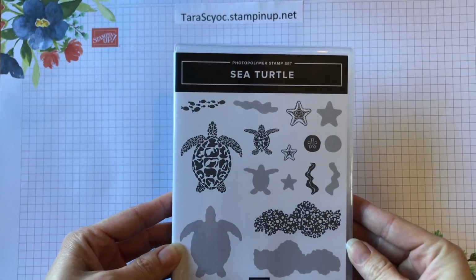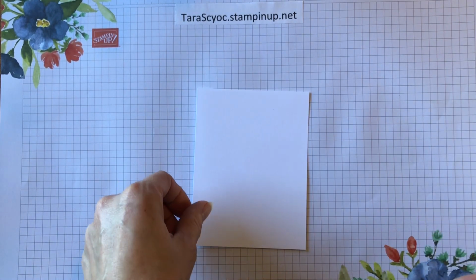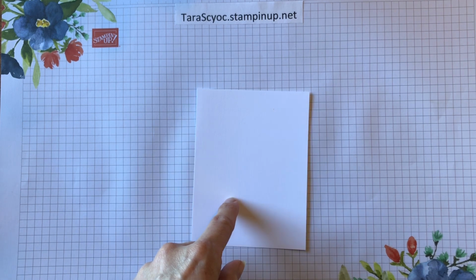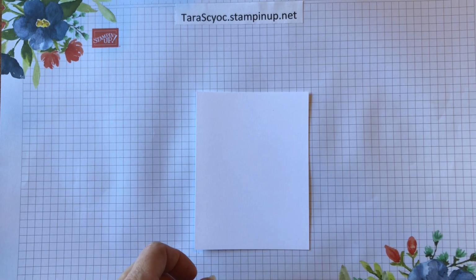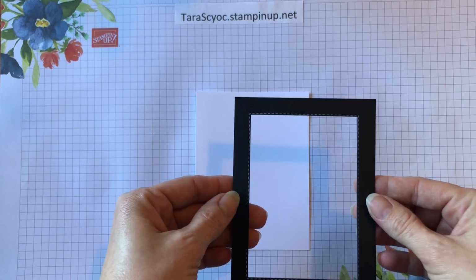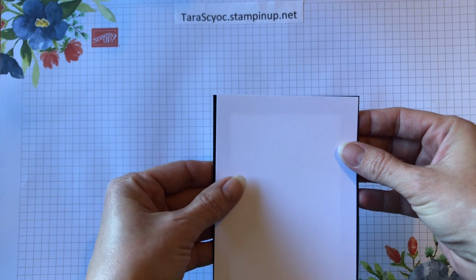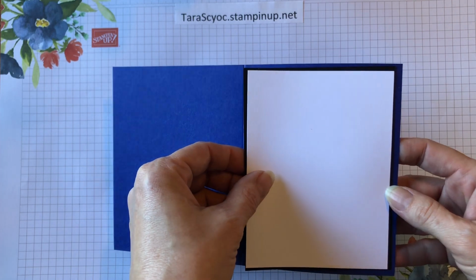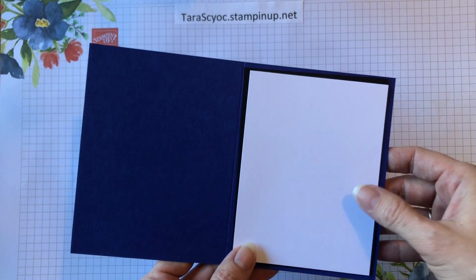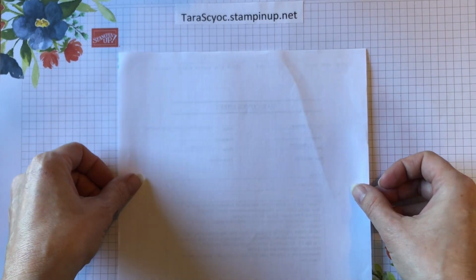Okay, so we're using the stamp set here, Sea Turtle, and we'll get started. This is a piece of 3 7/8 by 5 1/8 basic white, and then we also have a piece of 4 by 5 1/4 basic black. I've cut a hole out of it because we are going to mount it on here and then put it on our card base, so you're not going to see that hole. So I figured I would just cut that out and use that for a scrap for something else. Just going to bring a piece of scrap paper in here